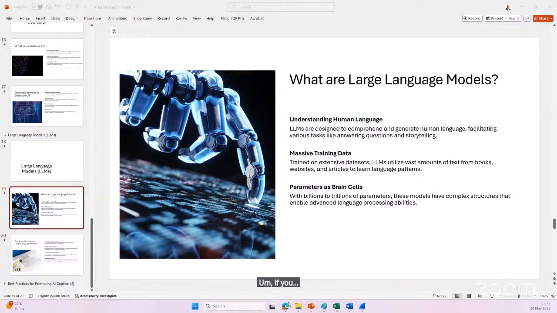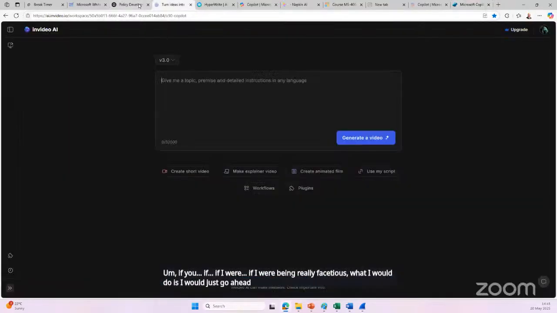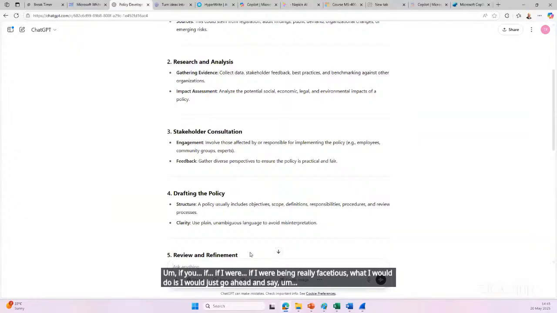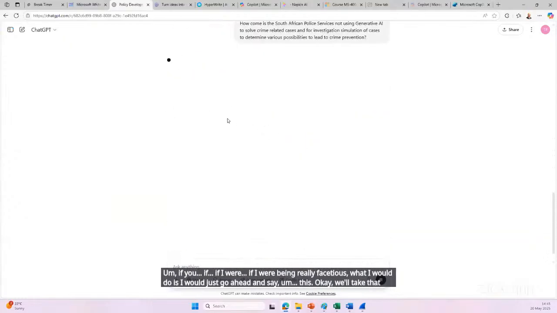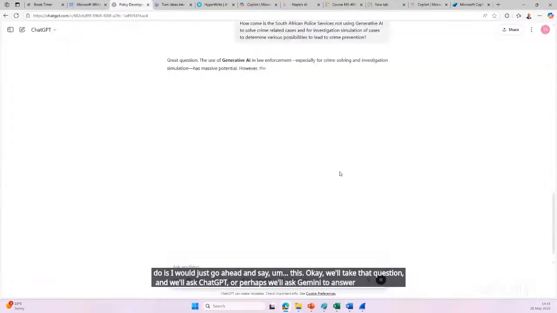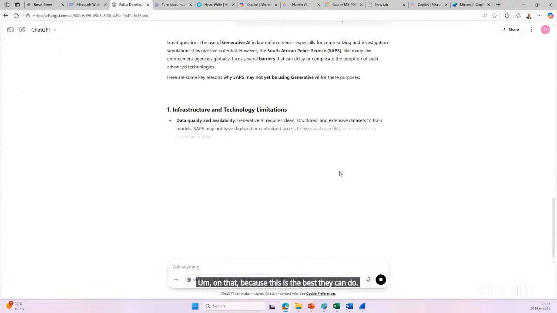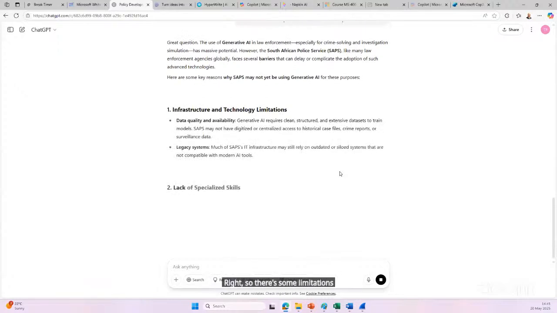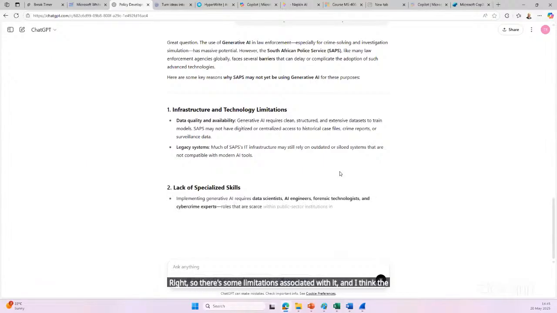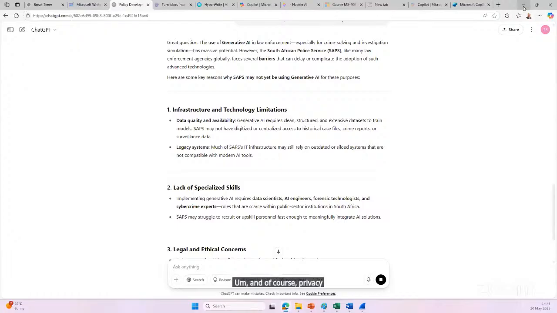If I were being really facetious, I would just say, we'll take that question and ask ChatGPT, or perhaps Gemini, to answer and speculate on that, because this is the best they can do. So there are some limitations. I think the larger thing you'll find is lack of understanding, lack of specialization, lack of infrastructure, lack of funding, and of course, privacy and legal obligations associated with it,